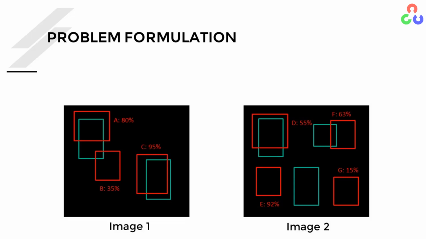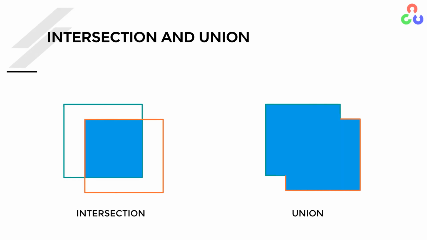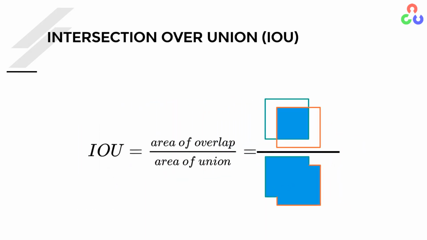To discuss the metrics, let's first look into the basic blocks needed to compute them. Let's first understand the concept of intersection over union, which is usually called IOU. It evaluates the overlap between two bounding boxes. It requires a ground truth bounding box and a predicted bounding box. IOU is computed as the ratio of the area of their overlap to the area of their union. So that is why it is said intersection, which is the overlap, over, which is divided by union.